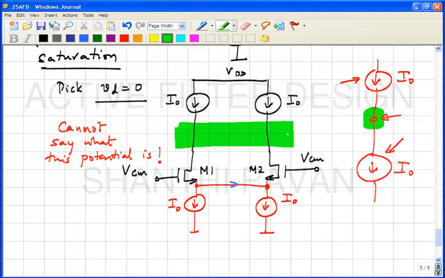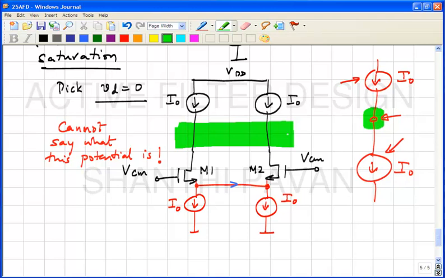Only if the sum of the two push up currents is the same as 2I naught, which is the pull down current, then you can say that the common mode voltage at the output remains constant, but still we don't know what that constant is, and that could result in M1, M2 being in triode. If you assume that those two are current sources, then the only possibility is that either M1 and M2 are in saturation or in triode.